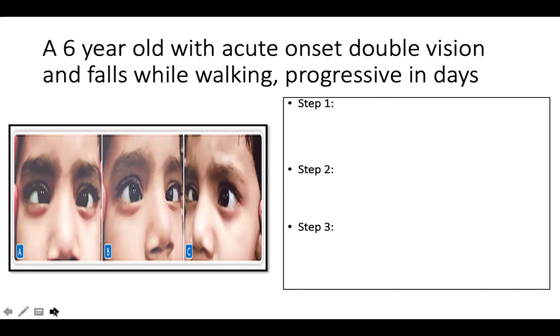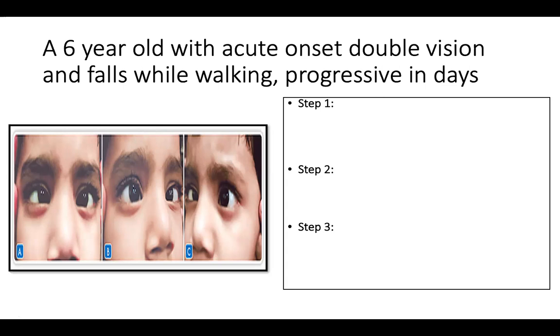So with the symptoms, when we start examining the child after our detailed neurological examinations of higher mental function, as a part of cranial nerve examination, when we start examining the eyes, in the cardinal position itself, both of his eyes are indeviated, okay? But when we ask him to look towards the right side, there is a definitive restriction of the right eye toward the lateral gaze. And when we ask him to look towards the left side, there is a definitive restriction of the left eyeball to the lateral gaze on the left side, meaning there is a bilateral lateral gaze paralysis or palsy.